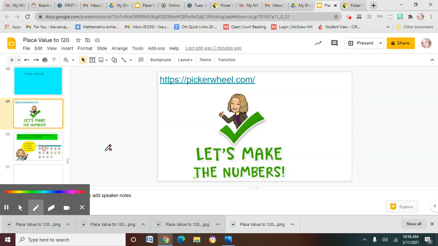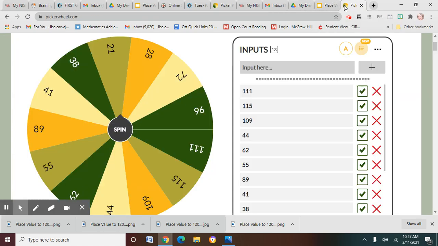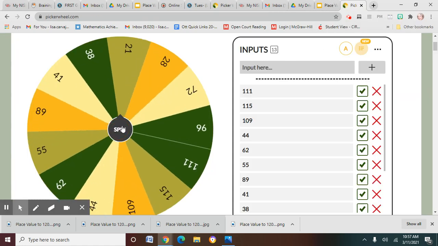Okay, boys and girls, for this assignment, you're going to use several things. The first thing is we're going to be making some numbers with the site we used yesterday. So, for example, let's go back here. We're going to be making numbers with the website we used yesterday on the Plickers wheel where we spin to find a number. So, for example, if I go back to the wheel and I spin it,